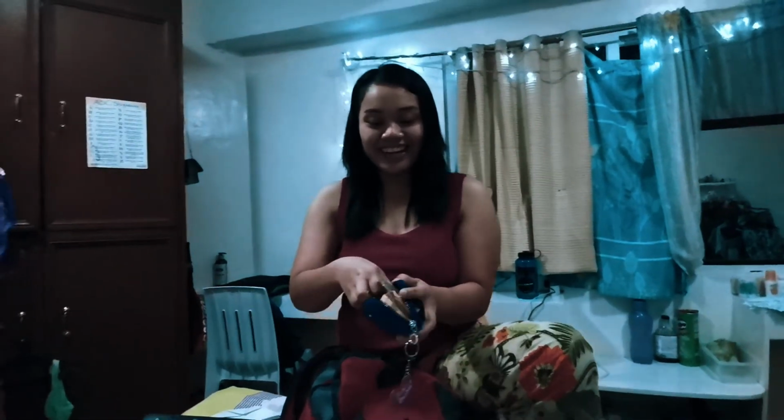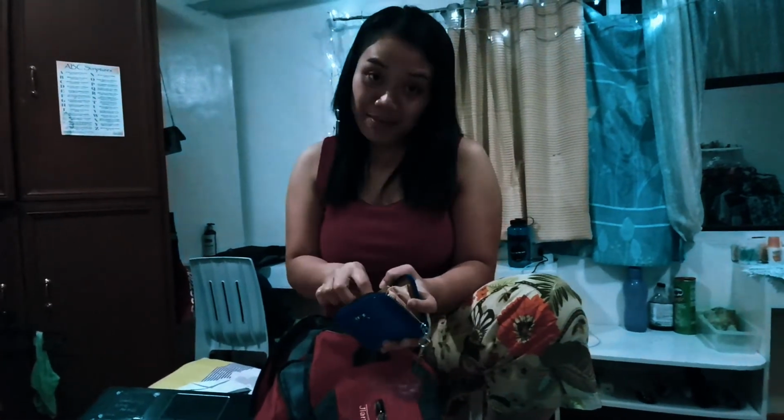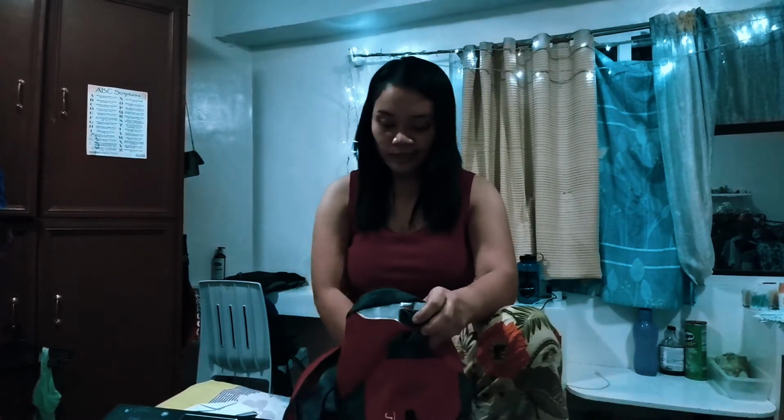Of course, my coin purse. Just simple. Just a purse, but nothing inside. More cards, but not ATM cards. Just to share, these cards are Aurorama cards, Gaisano cards, 7-Eleven, Bukidnon Milk Company. Okay. And then next is,